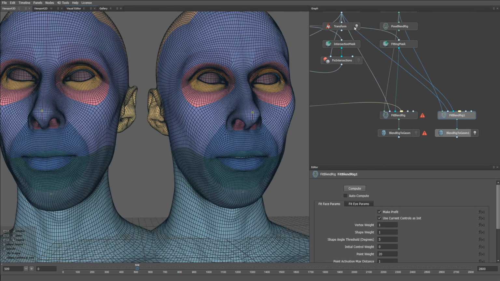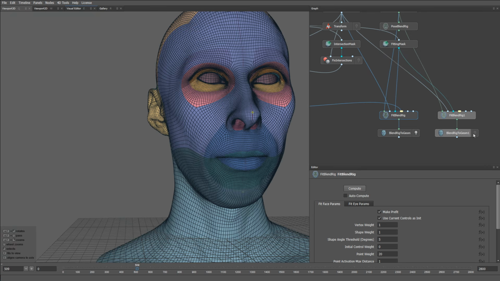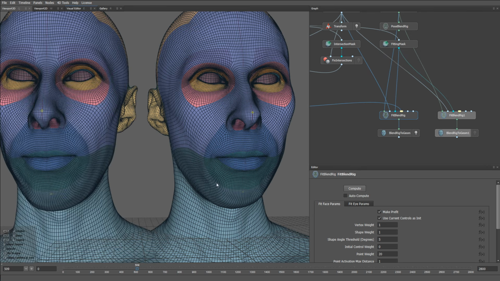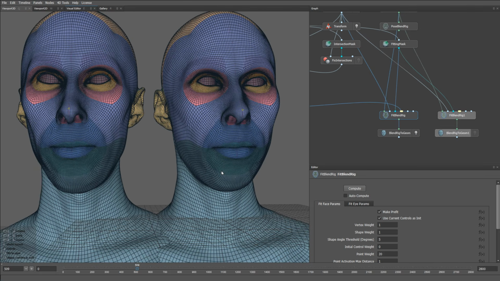As you can see, this is the result before, and this is the result after. You can see that the new version basically closes the lips the same way as they were closed on the original animation sequence. Let's go and see another case, for example, frame